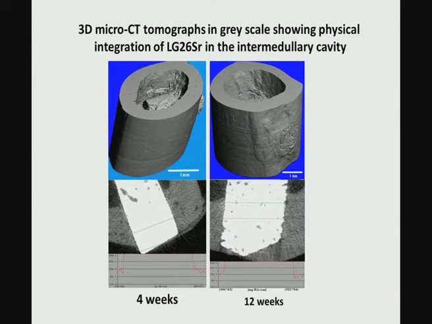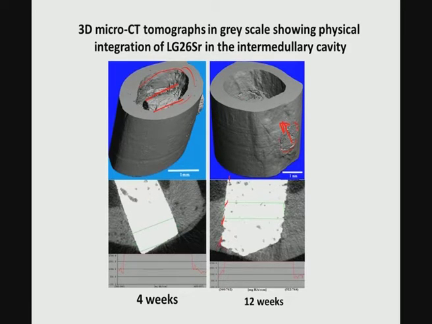This is just a more detailed view of the 3D micro-CT images of these glass ceramic materials. What you see here is a grayscale image. So, you see this is your intramedullary cavity, and this is the outer shell. You just cut a section and then you see this is your implant. This implant is put inside, and you can see here the femoral defect from this angle. Okay. So, this is the implant which is inserted, and this implant goes in. And after you put it into the intramedullary cavity, you see the shape of the implant in 3 dimensions. Okay.